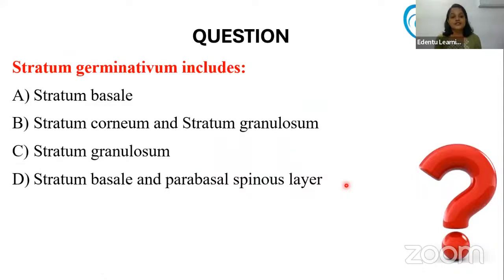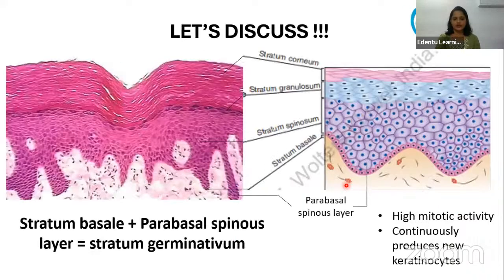Now the next question is: stratum germinativum includes. This is a recently asked NEET MDS question. The stratum germinativum means it includes stratum basal and parabasal spinous layer. So let's see what this stratum